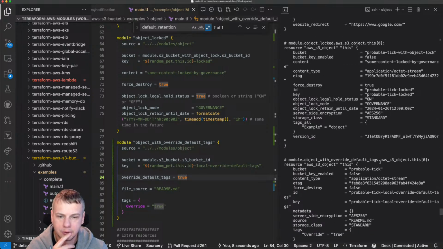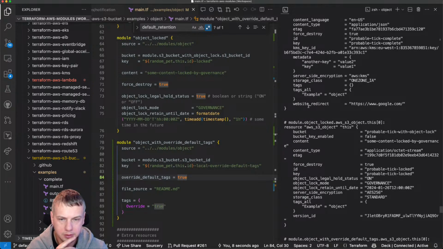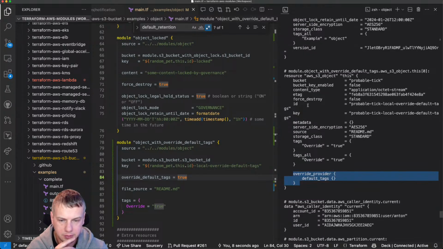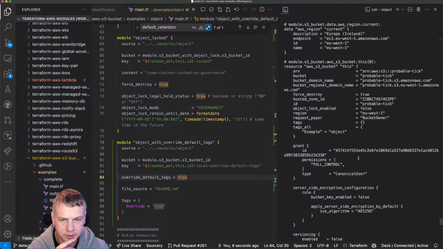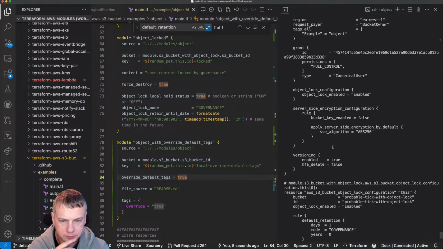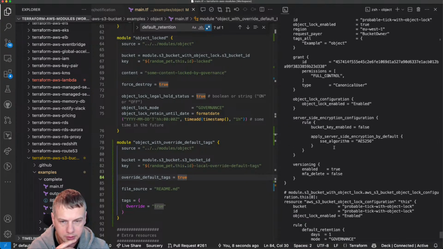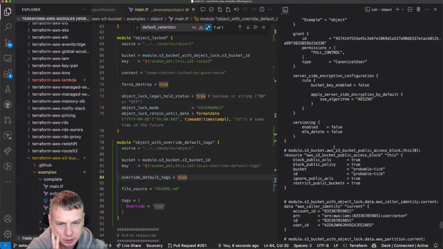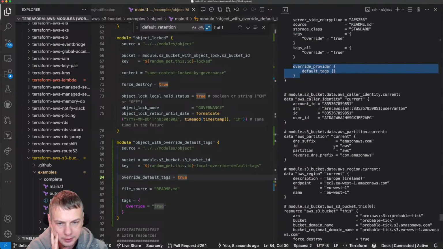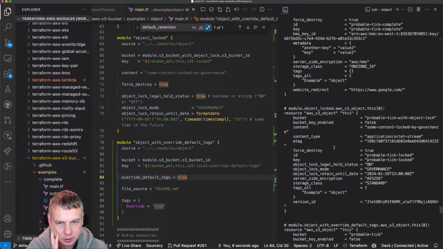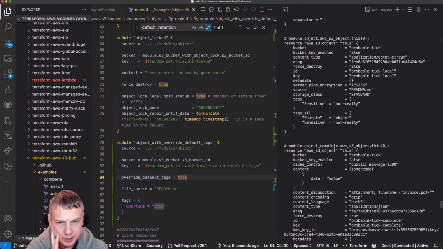If I now look for other object, S3 object, bucket, any object, where is object? Yeah, okay, this one. Here I can see that this one is from S3 object, and this one is from provider.